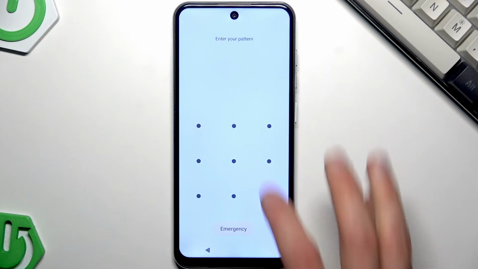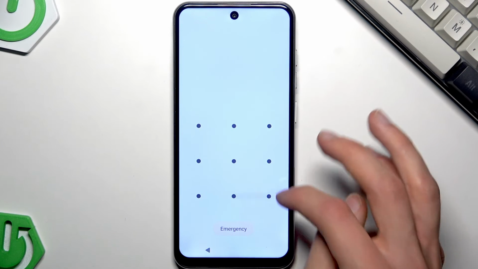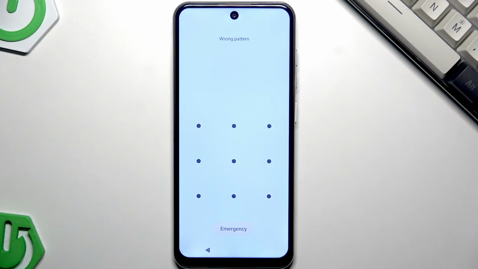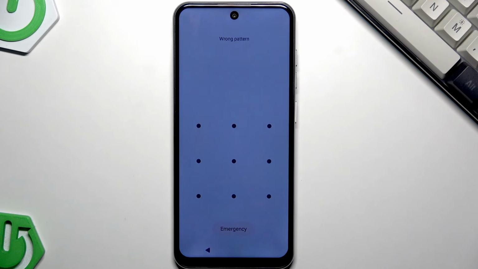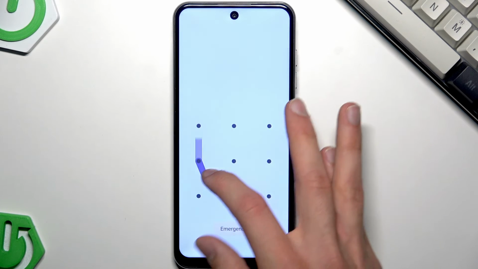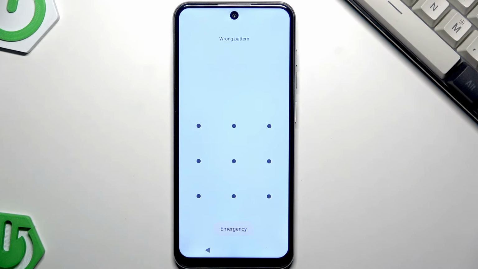The first thing you should do in such case is try and remember the pattern that you entered the last time, and if you take your time and maybe even guess the pattern, then it will save you a lot of time in the future. It might also save your personal information and data,